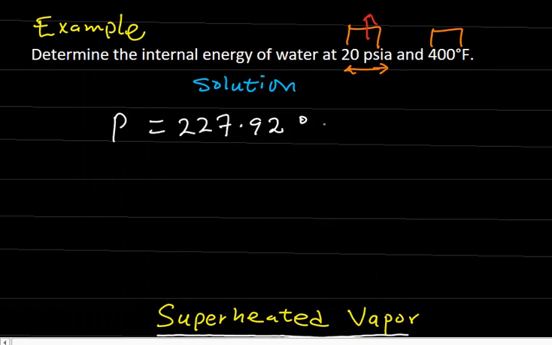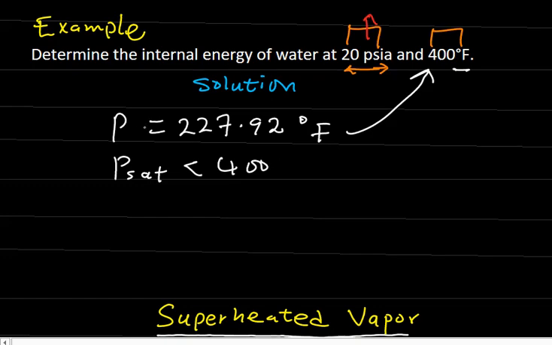Degree Fahrenheit. Comparing this pressure to the given one, the saturated pressure at 400 degrees Fahrenheit is actually less than the pressure that is given, which is 400. And you know that if the pressure is